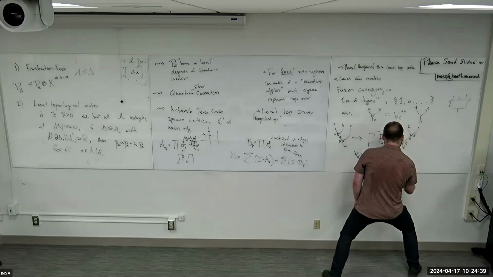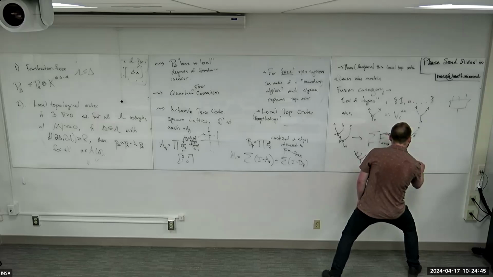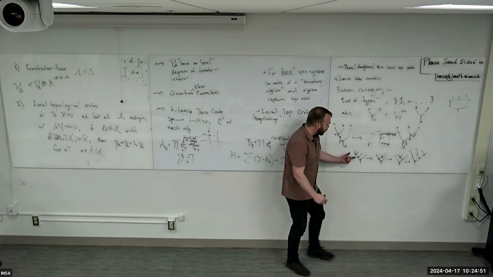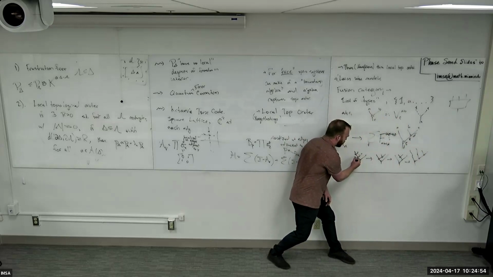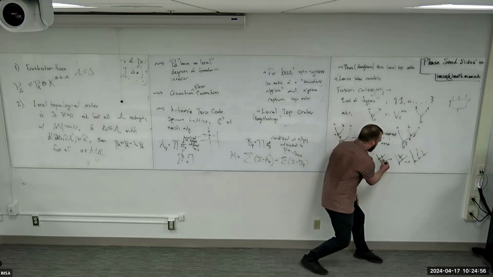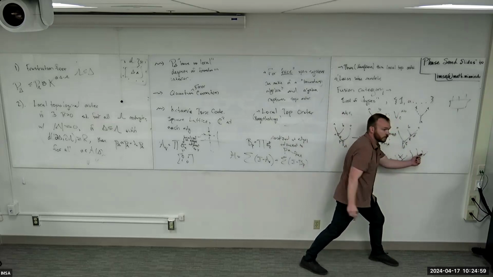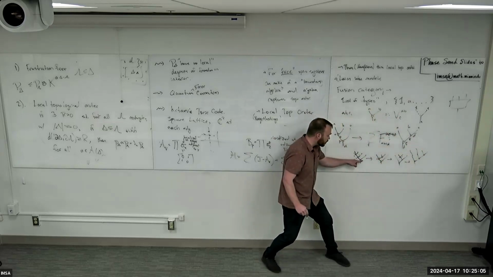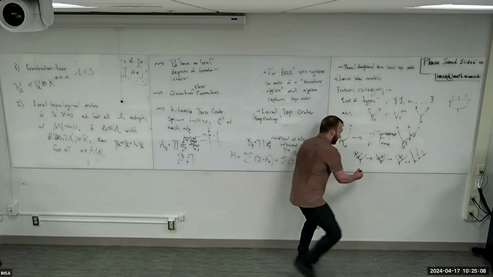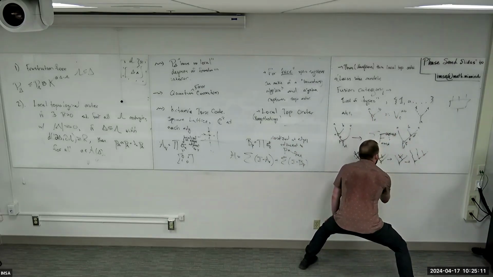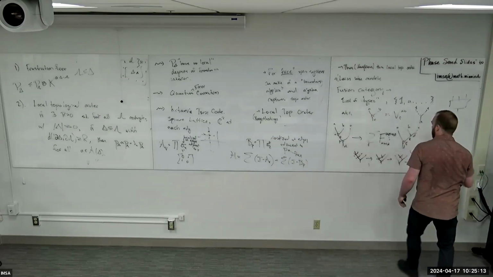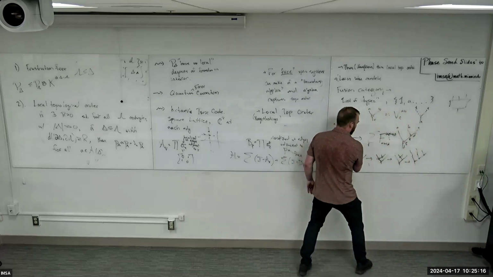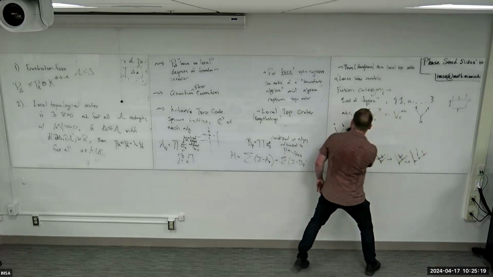This might take a minute. Let's see, I should have given myself more room. Okay, so I could apply my change of bases in this order, where first I'm doing my change of basis to these terms, then I'm doing it to these terms, then to these terms. But there's another way I could have done my change of basis to get from here to here. I could have first changed the basis here, so I could go down to, okay, this is where I should have used here. Let me just erase this. You can do it linearly. I'm going to erase that.